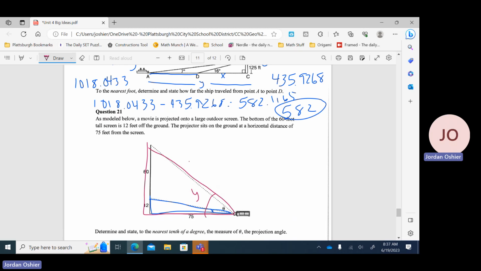So it's going to be that same setup where you have to do two different ones. It's going to be tangent again, because this is opposite. This is the adjacent. I don't have the hypotenuse. For solving for Y, I need to use 72 as my opposite, whereas 75 is the adjacent in both. And for X, I need to use 12 as the opposite and 75 as the adjacent. If you use 60, that unfortunately is incorrect. In both of these cases, I'm looking for the angle, so I'm going to use the inverse of tangent, 72 divided by 75. So I get